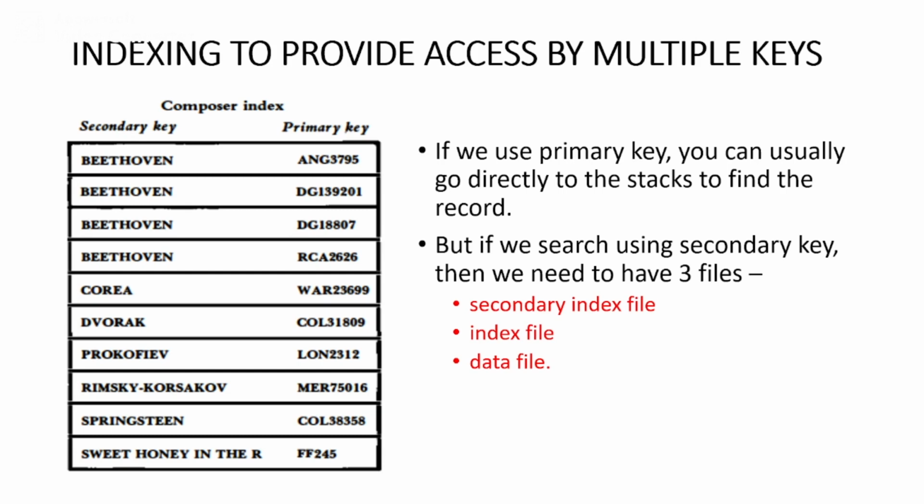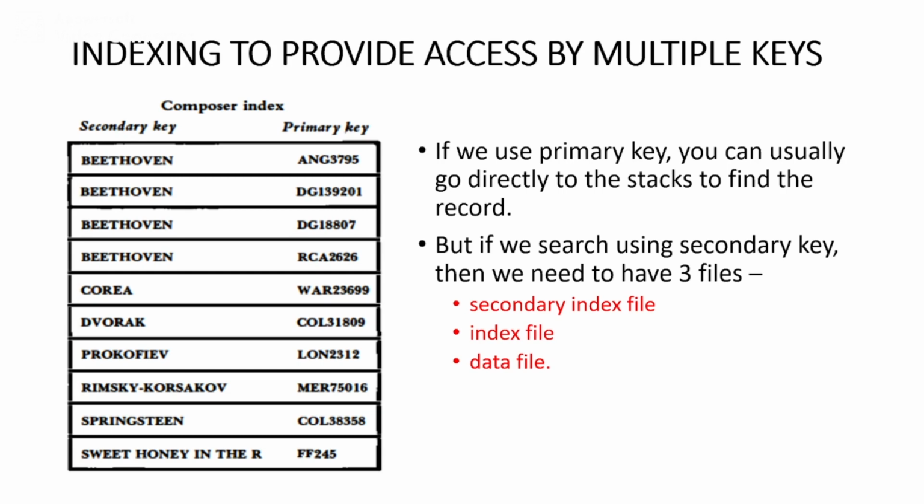The primary key is a unique key, so USN will be considered a primary key because each person has their own USN. But since it is a unique key, it is very difficult to remember. That is why if I can access the things using a secondary key, then it will be good to remember, right? So I can call you by your name, not by your USN. I can remember your name. Name is nothing but a secondary key. That is why we use the secondary key concept.